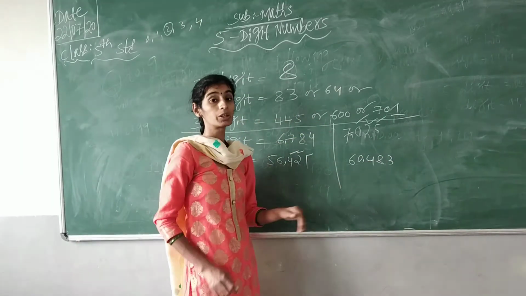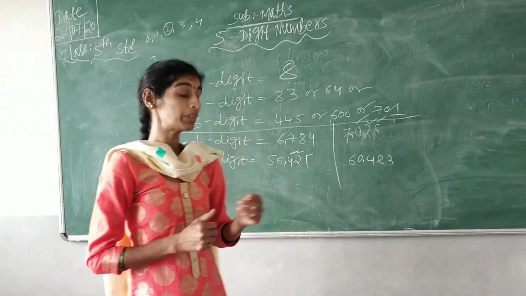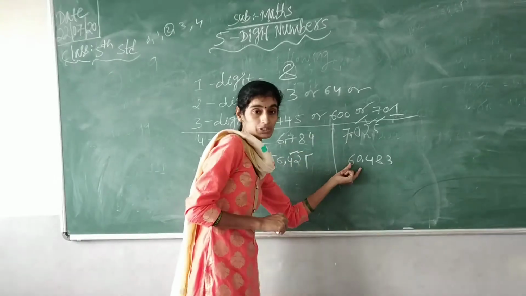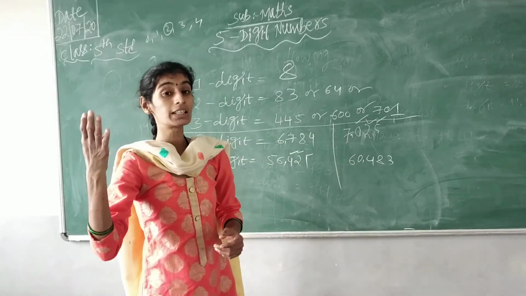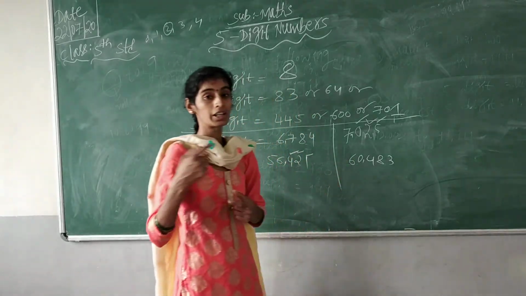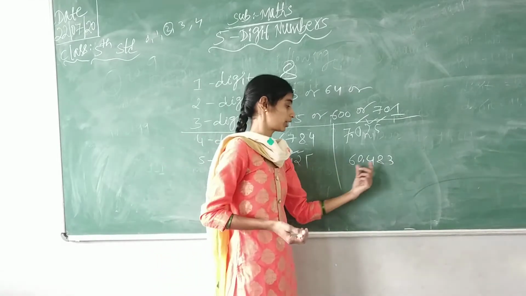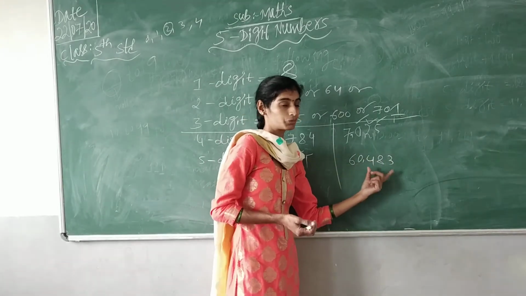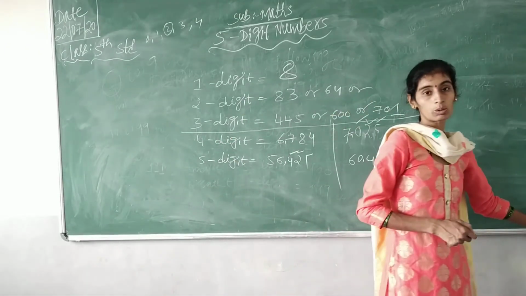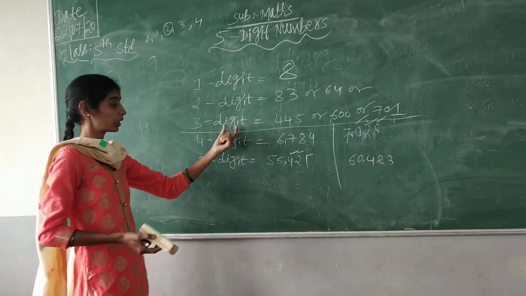After this we will proceed to the place value chart. We will represent these numbers in the place value chart. Then you can easily write the number names for these given numbers. Until and unless you have knowledge of place values, you cannot write the number names of these numbers. So the next topic will be what, children? Place value chart. I hope you all understood.